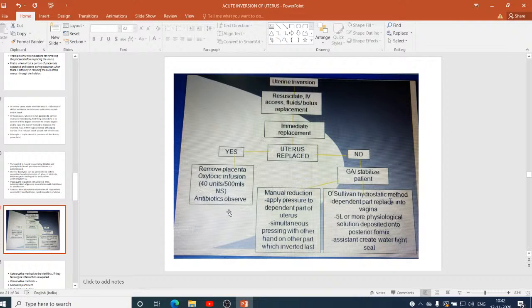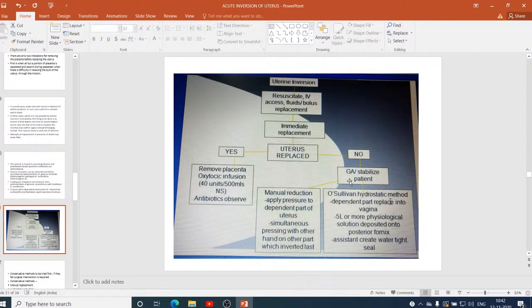Just coming to the basics: once uterine inversion occurs, first immediate resuscitation should be done, that is, by securing 2 large bore IV cannulas, fluid bolus replacement, and blood and blood products, if required, should be arranged simultaneously, and immediate replacement should be done. If the uterus is replaced, then remove the placenta and oxytocin infusion should be given. Accordingly, antibiotics should be started. If the uterus is not replaced,